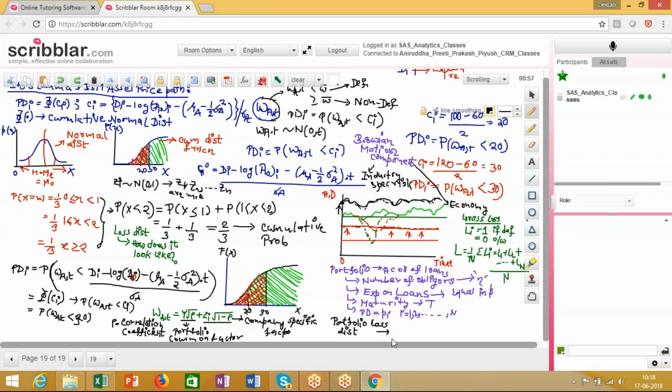The portfolio loss distribution, right? So over here, when I talk about the portfolio loss, how do I define it? I'll say that portfolio loss can be defined as the number of defaults that happen in the portfolio. So what I need to calculate is the probability